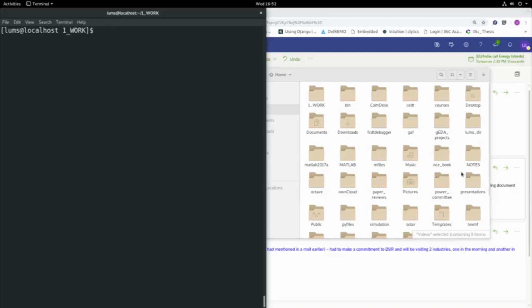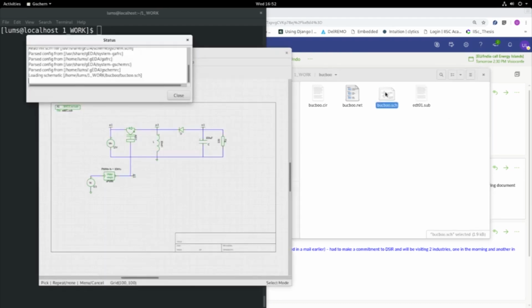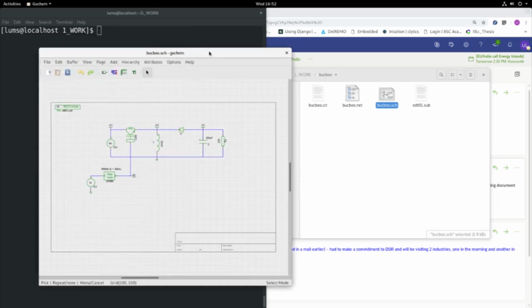Let me now show you the simulation of the buck boost converter that we have discussed. I'll go into the work directory. There I have kept a folder buckboo, and within that, as usual, I have the .cir file, the .netlist file, the schematic file, and the subcircuit file. So if I double click and open the schematic file in GSM,